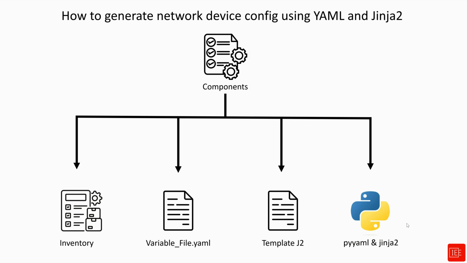Finally, we will need a couple of libraries that we will use in our Python environment. This will help us generate the configurations we want, and these are the pyyaml and Jinja2 modules. Okay, so without further ado, let's dive into coding and show you how you can generate configurations for Cisco network